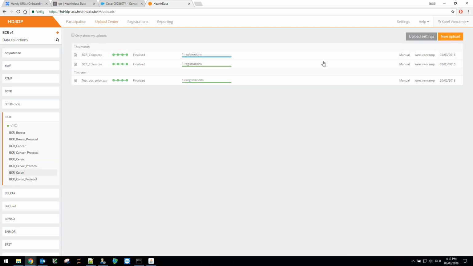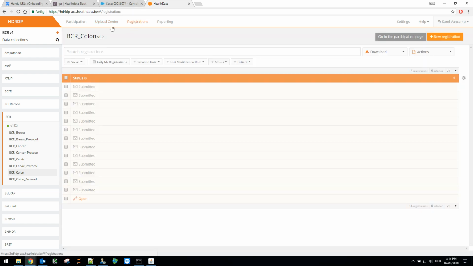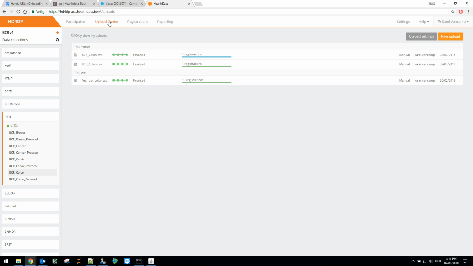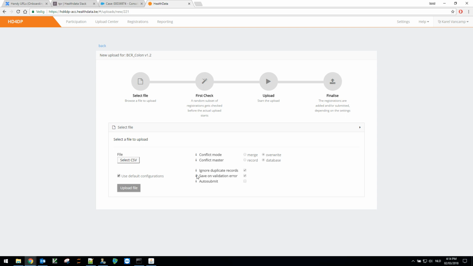So this is the core of the functionality of the new upload center. The main thing to keep with you is that where previously you used the option to have the registrations, and over here you had the option CSV and CSV uploads, in this case it's only possible to download the data. It's no longer possible to upload the data over here. This is now done in the upload center, where each time you do a new upload, you select your files, and there are some added